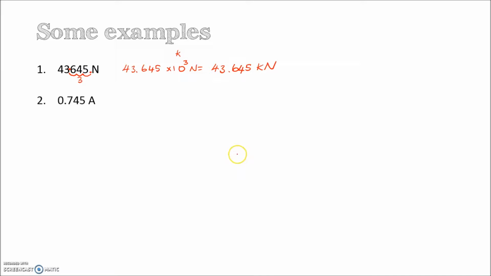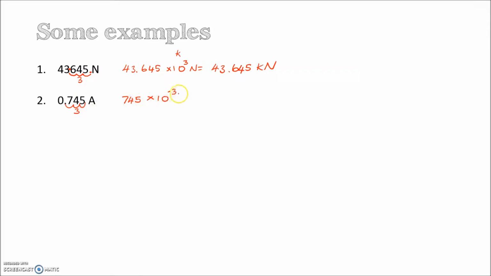Example 2, 0.745 amps. So this time we're going to make the number bigger because we want to put this into milliamps. So moving the decimal point to the right 3 times makes it 745, and we have to multiply it by a number times 10 to the something. So what have we done to the number here? We've made it 1,000 times bigger, so we have to make it 1,000 times smaller so that these two numbers